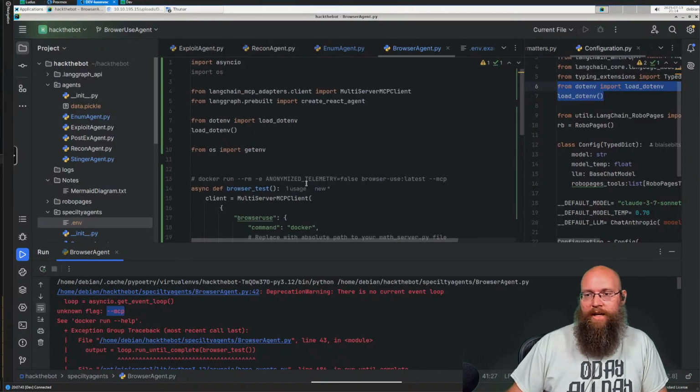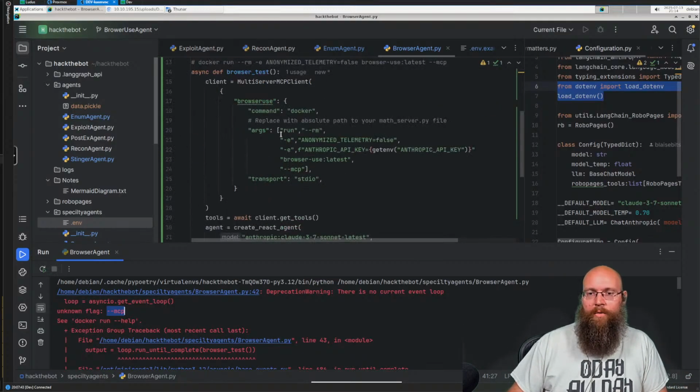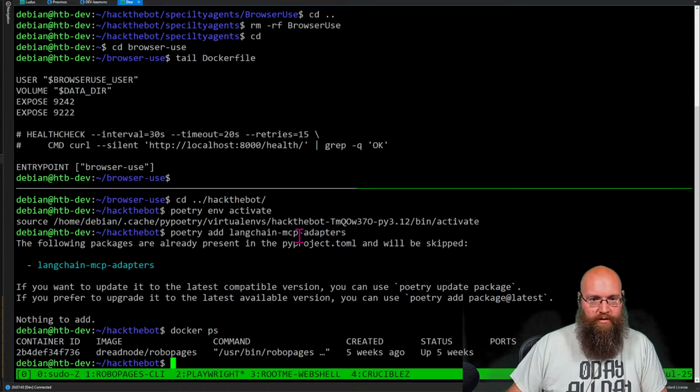Because what's jacking it up is this right here. We're building our list of arguments, but for some reason, this last argument, which should be passed over into the Docker container, isn't. We're getting everything being passed to Docker, and it's messing up the works. So I think that's what we're going to do here.